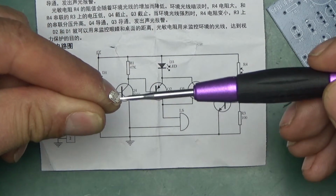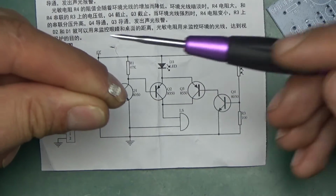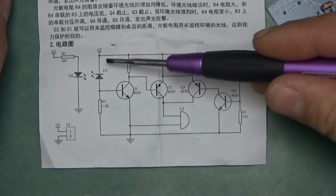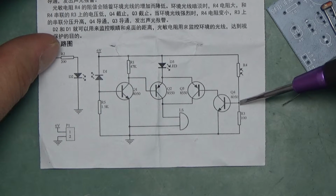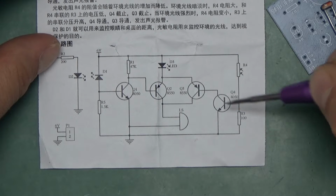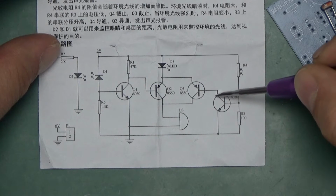It's easily identifiable by this squiggly pattern. Usually that's how they look. They come in bigger and smaller sizes. When this starts conducting, because the resistor is again connected to 6 volts from the power supply, potential at this point will start increasing, and it will go at the beginning from almost 0. It will start going above, and when it reaches about 0.7 volts, it switches on this transistor, which in turn